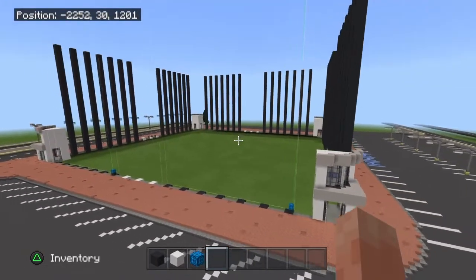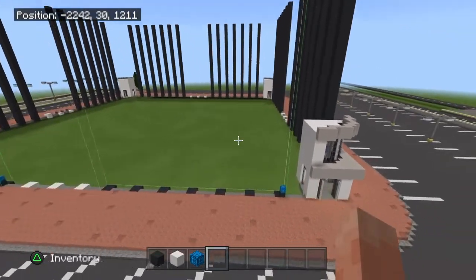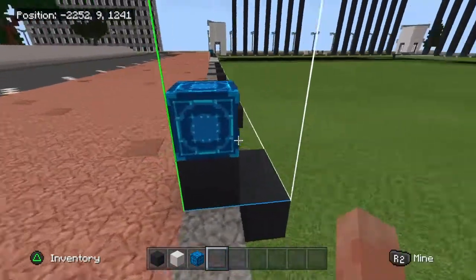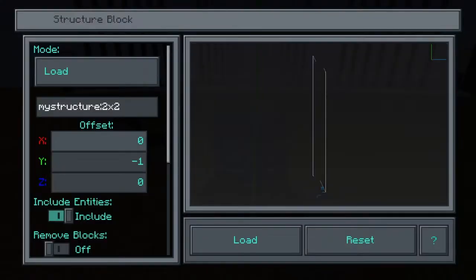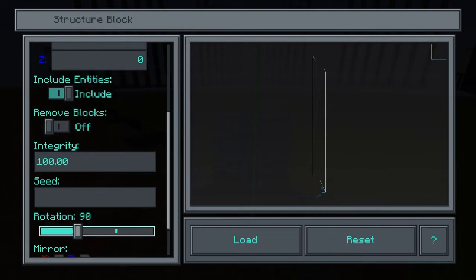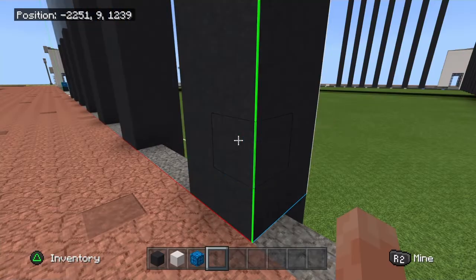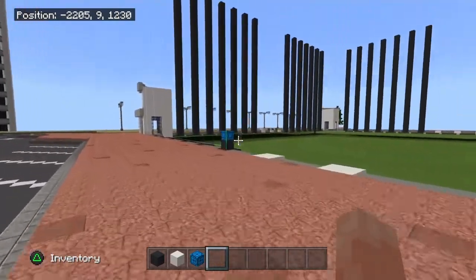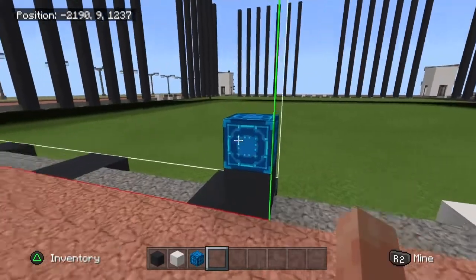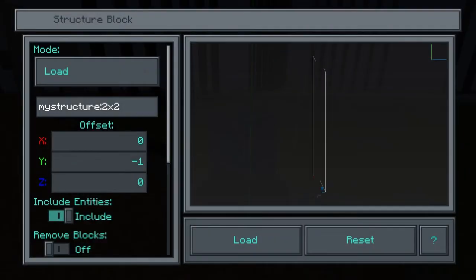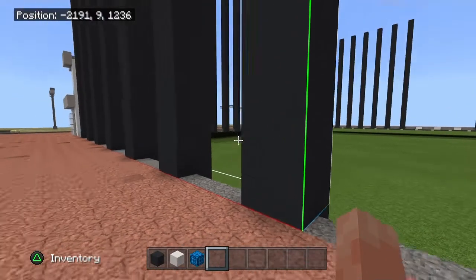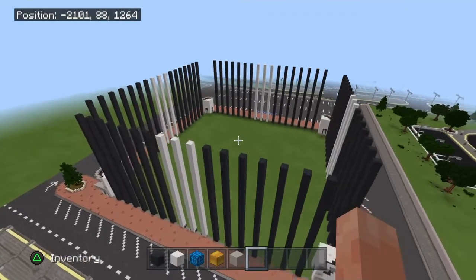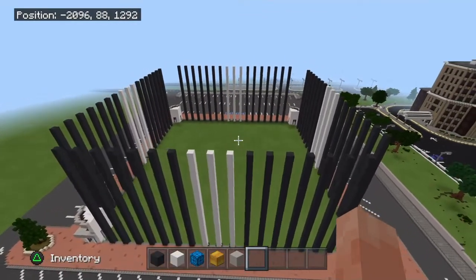Alright, now on this side right here, if you are using a structure block, you have to place it right here, and you have to rotate it to 90 degrees. And then the same thing for down here. Place it right here, rotate it 90 degrees as well. Alright, now once you have all of your black and your white up by 49 blocks, just like this,